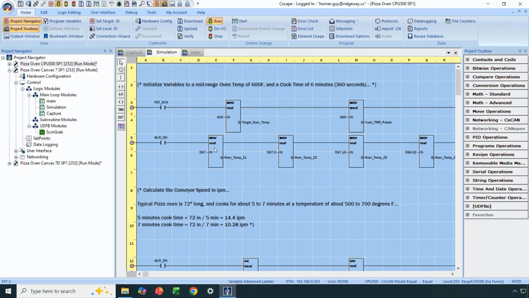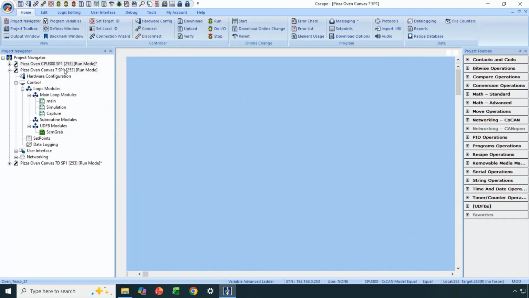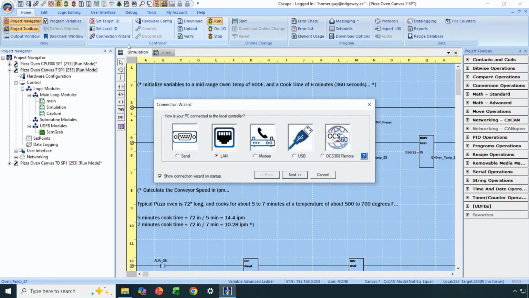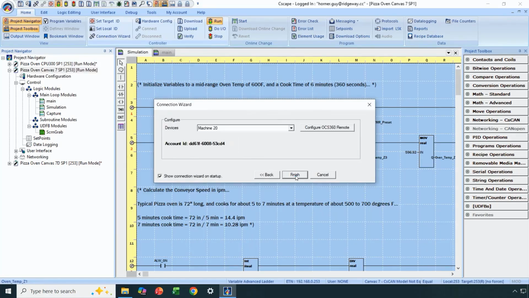With that covered, let's get into the demonstration. First, we open the correct program in Cscape for our controller. In this case, we open the Canvas 7 program because we are connecting to a Canvas 7 in the field. Next, we open the connection wizard and select OCS360 Remote. Then, from the drop-down, we are going to select Machine